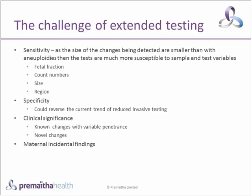with challenges. Some of these are technical challenges, one to do with sensitivity. As the size of the fragment being looked at, or the size of the change, decreases, the number of counts, the amount of DNA sequence needed to identify that change, increases. So there's a cost penalty associated with going smaller. Each test that you add in, even though it's for a fairly rare condition, will have its own false positive rate. Eventually, these false positives start to add up. So all the benefits we've gained by reducing the false positive rates of 21, 13, and 18, by taking them right down, as we saw in the earlier slide, could be reversed if we keep adding in more and more tests, each with their own small but not